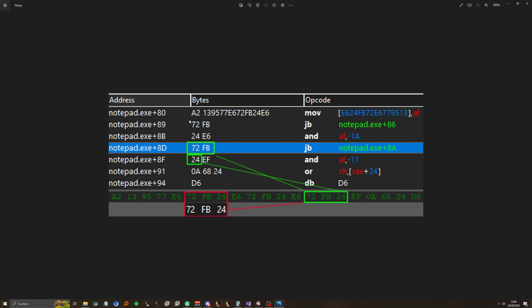Unfortunately, it's still matching with the instruction from above here, as you can see, 72 FB and 24, which is also 70 FB 24. So those bytes are still the same and our pattern is still matching with the previous wrong instruction. This means we have to make our pattern even more unique and just add the next byte again to our pattern. Now you can see that our pattern doesn't match with the byte array from the memory again, because now